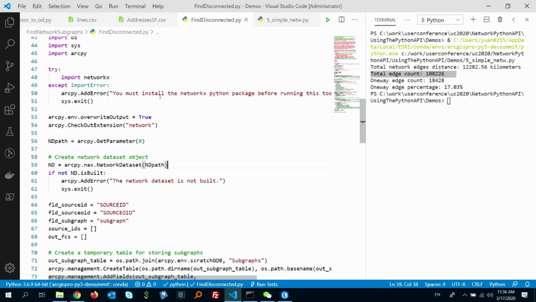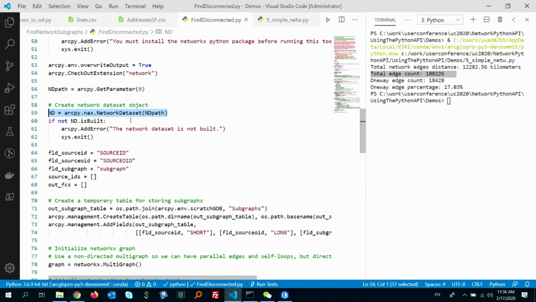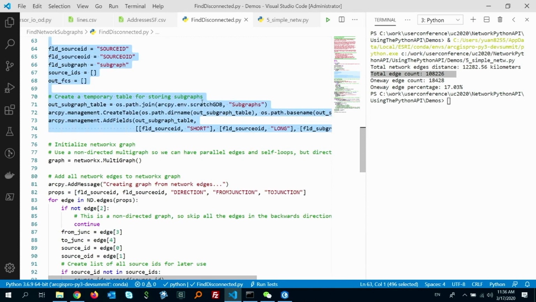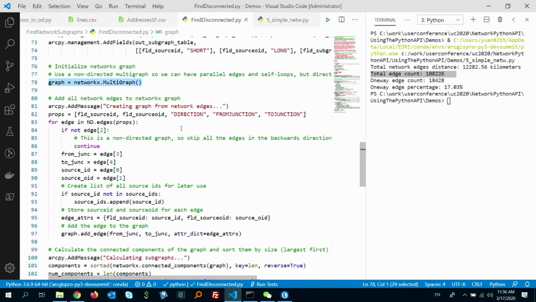So the first thing it does is it imports the NetworkX that Melinda mentioned. Then we initialize our network dataset's object. And this tool requires the network dataset to be built, so we check whether it has been built. And then here we have a little bit of setup. What it is essentially doing is creating a temporary table to store your subgraph information. And this is the important part. We're initializing the NetworkX MultiGraph object, because this is a graph object that we are using for the connected components